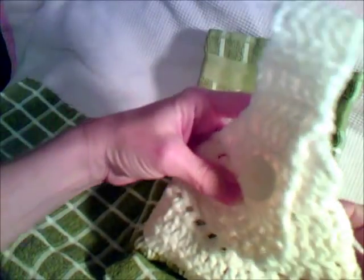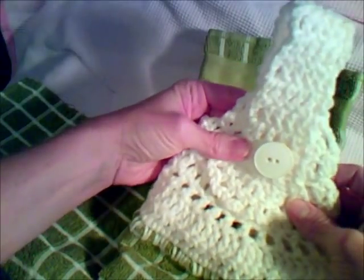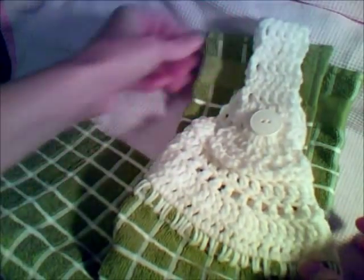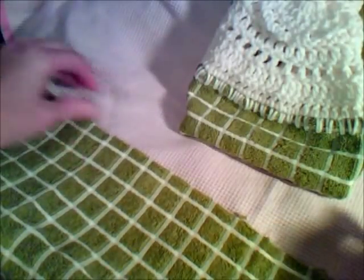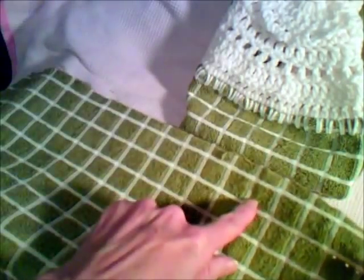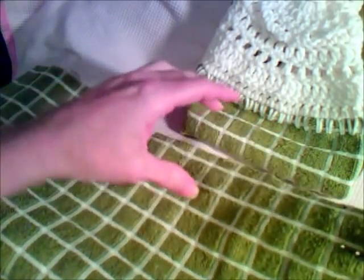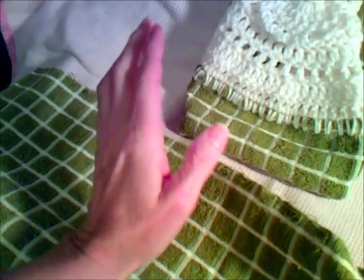So this is what we're going to be working on. I made this out of half of a towel, and you can use any kind of towel, but I bought these with the little grid lines on it because it seemed easier to divide and place all of my stitches. There's 17 little small squares across this towel, and we need 44 base stitches